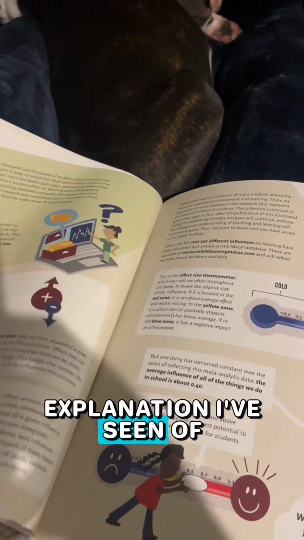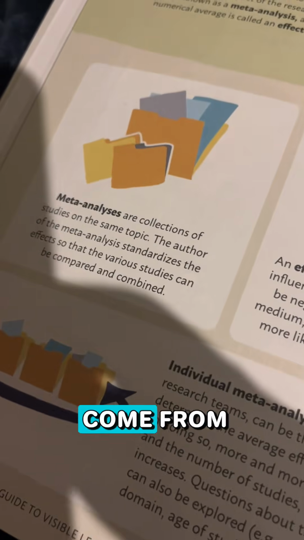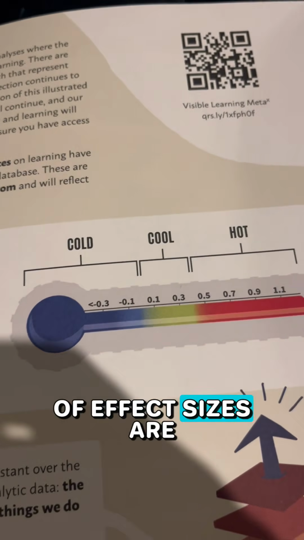as you can see, describing what each thing actually means. And one of the best things it does here is early on in the book, it gives the best explanation I've seen of where these numbers come from, what a meta-analysis is, what an effect size is, what the different levels of effect sizes are,